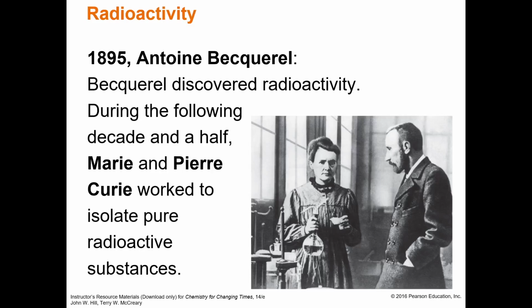1895, Antoine Becquerel discovered radioactivity. During the following decade and a half, Marie and Pierre Curie worked to isolate pure radioactive substances. And so this is the Curies. They were kind of a neat power couple in science for quite a while. They would publish everything together. They did all their work together. They're kind of a neat story if you ever look them up. Anyways,